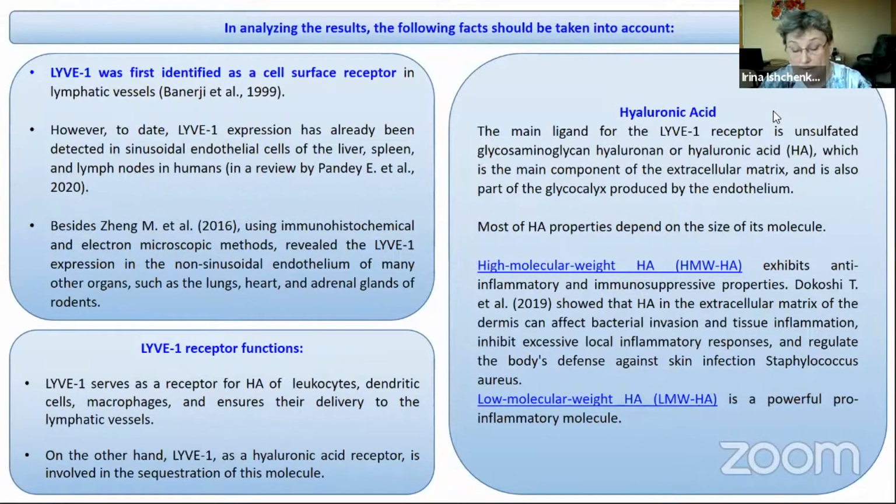Previously, we found that skin labeling of LYVE-1 gives a pronounced positive signal in the cells of the spiny layer of the epidermis in patients with cutaneous mastitis. The results obtained in this study indicate that the cells of the spiny and basal layers of the epidermis may have LYVE-1 receptors, due to which they participate in the lymphatic transport of hyaluronan in the skin of patients